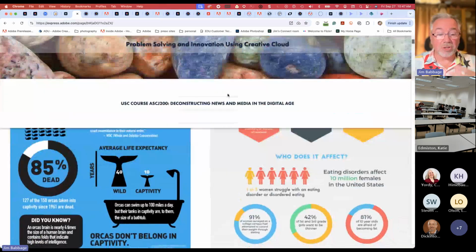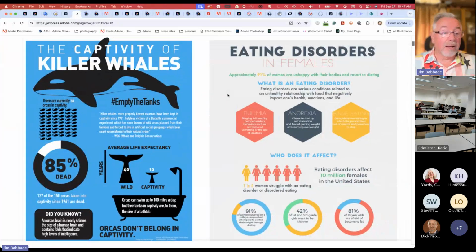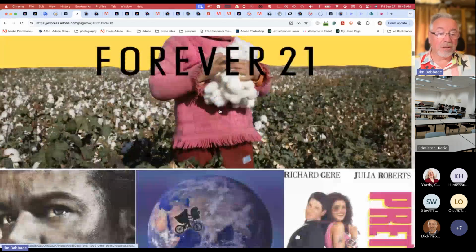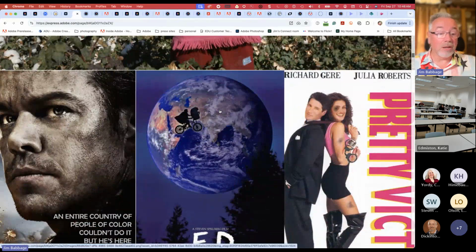I'm just going to scroll down a little bit. You can see some of the power of infographics, right? We'll take a look at how we can transform a static report or static page of information into an infographic in just a minute. But we see how these things are all built inside of Adobe Express and showcasing work and communicating our work